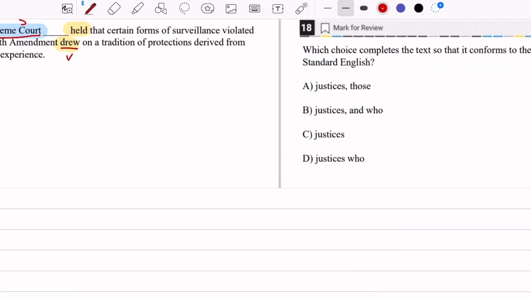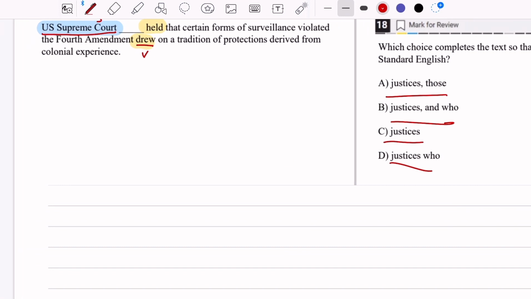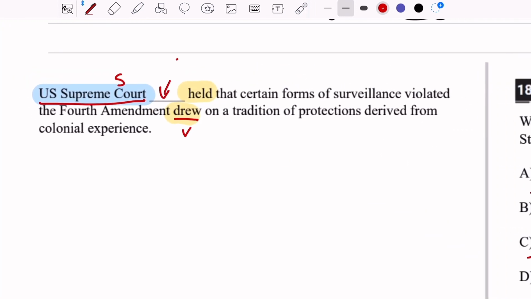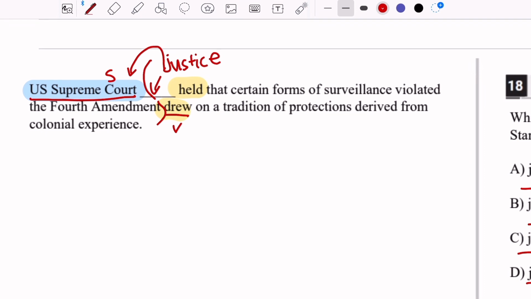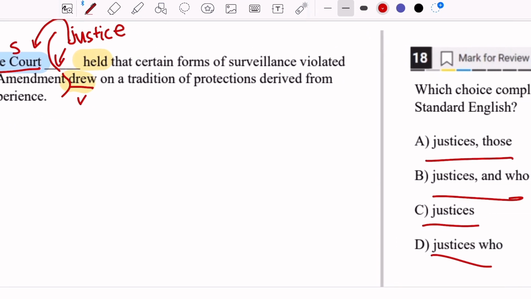And it says justice something, right? So in the blank there's something justice. Then it would modify the U.S. Supreme Court like this, and then drew would be the verb of the U.S. Supreme Court. So it would be U.S. Supreme Court justice, comma, those, or justice, comma, and who. Supreme Court justice held, justice who. The answer would be D, because if you say justice, comma, those,